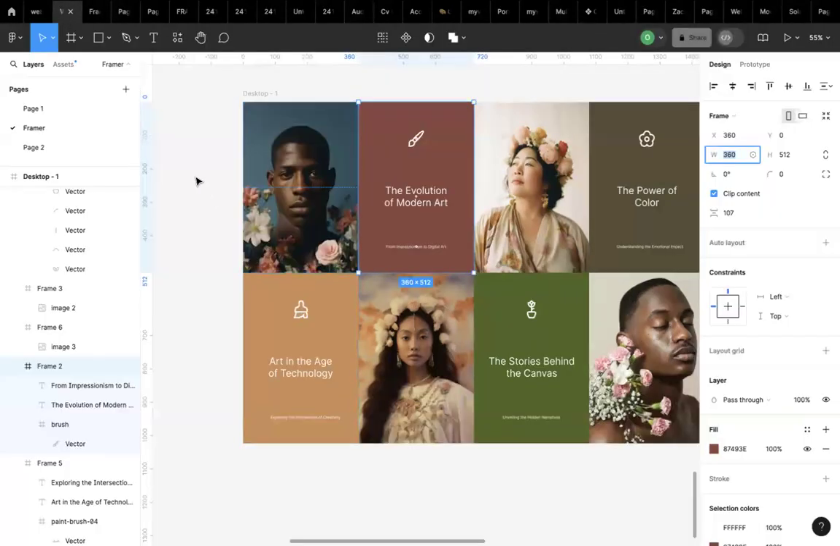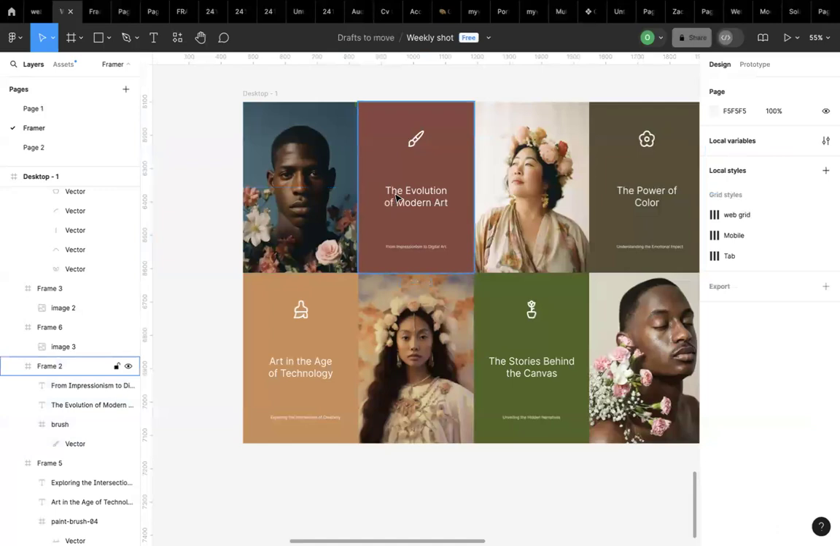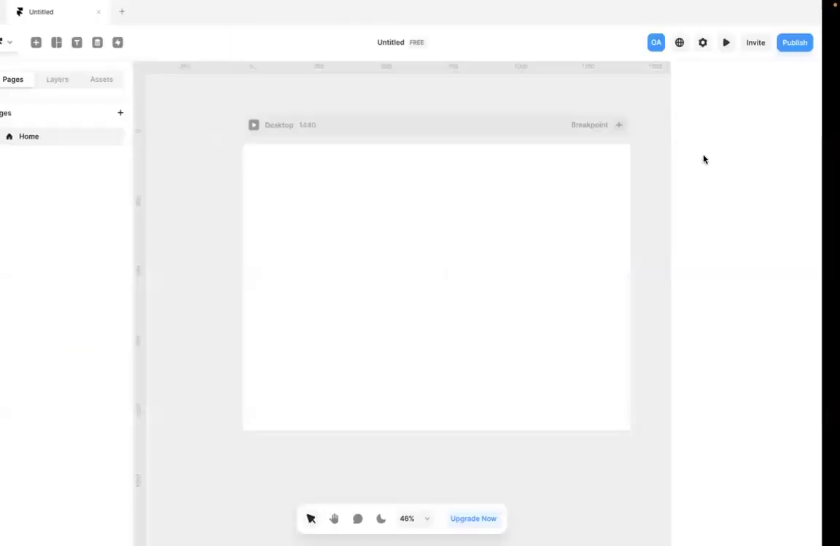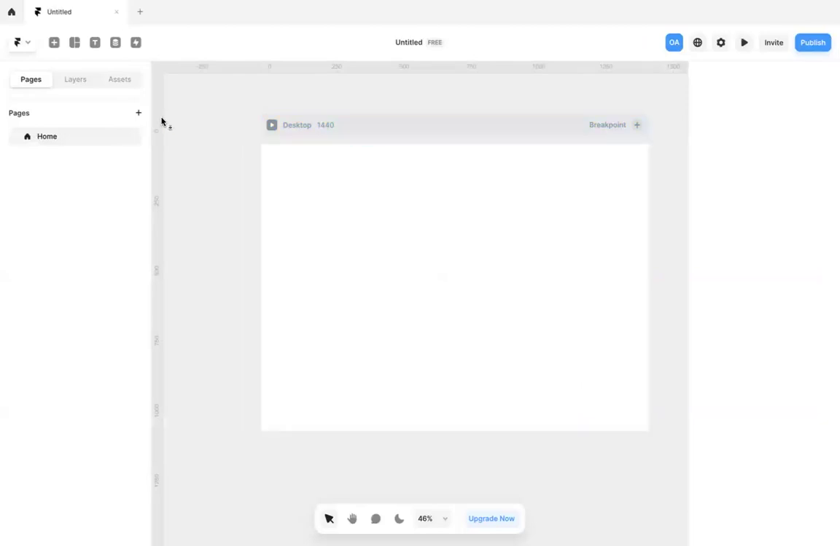This is what the design looks like, and we're going to convert this into Framer. Now, let's start with the first one. What we're going to do is get the measurement. So this is 360, the width. Let's copy. And when we come to Framer, then what we do is